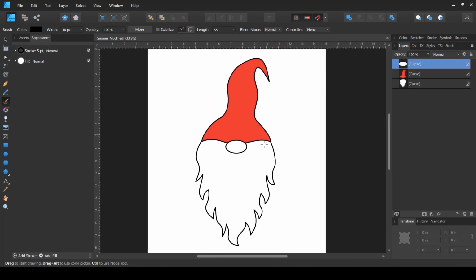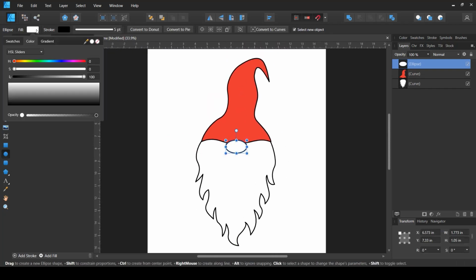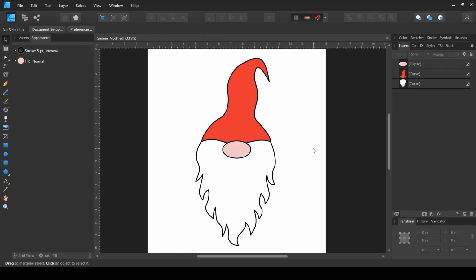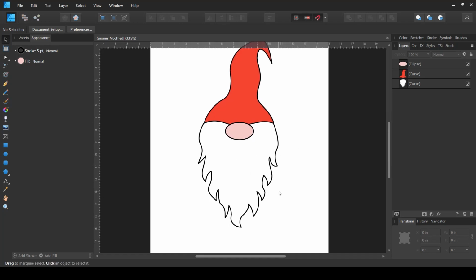And I'm going to change the nose color slightly to the skin color, maybe like that. Would this one look fine? Alright, maybe slightly make it bigger, that looks fine. And then we can add some details on the beard as well, but before I do that